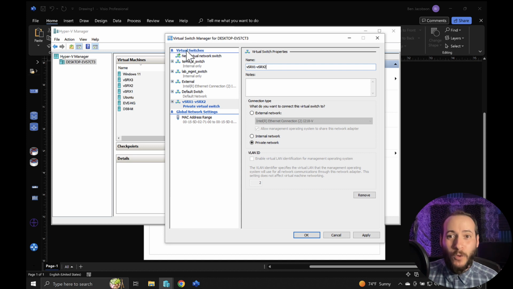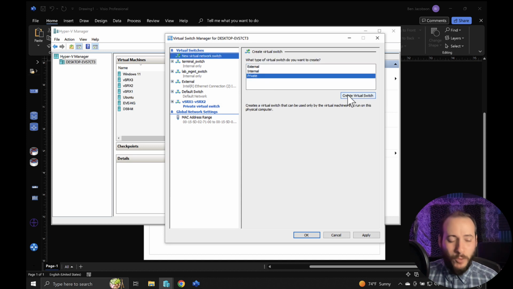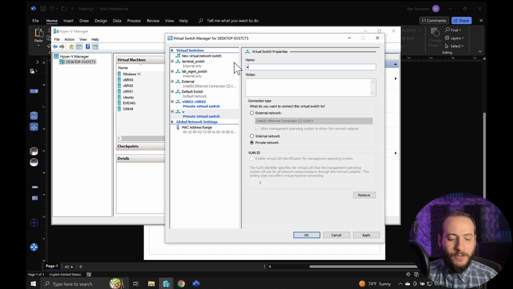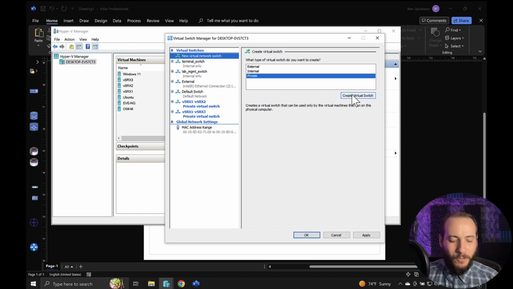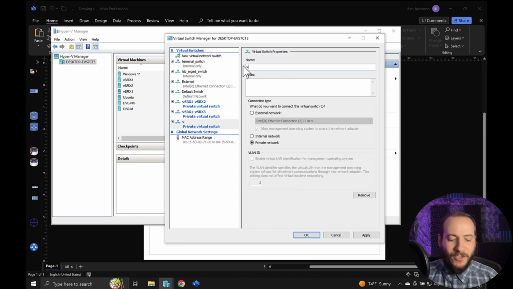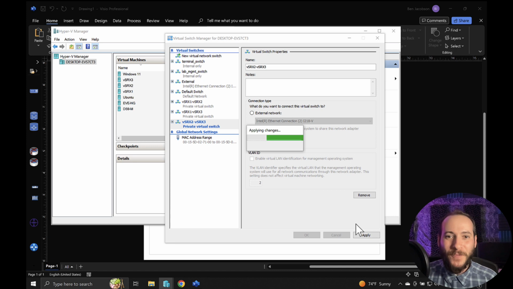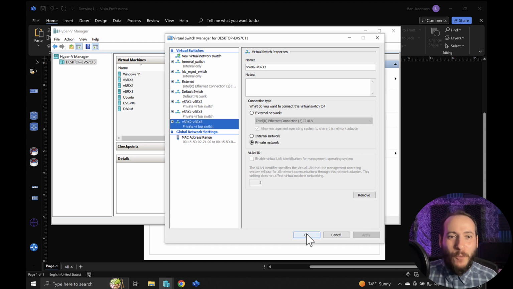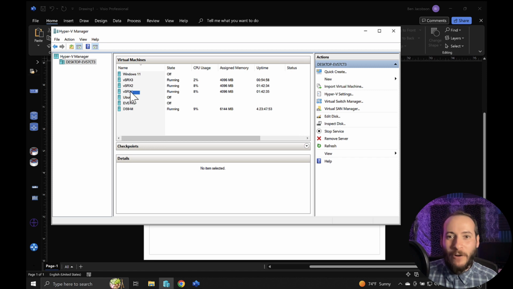And then we'll create another one, a new private. And this one will connect vSRX 1 to vSRX 3. And then we'll create one more that will be vSRX 2 to vSRX 3. And there we go. We just click apply and let Hyper-V create those 3 new virtual switches. And there we go. So now we click OK,